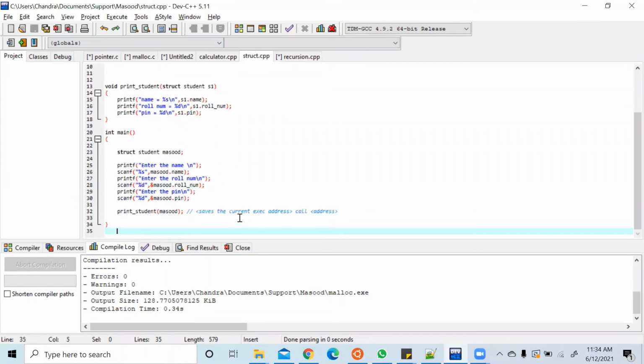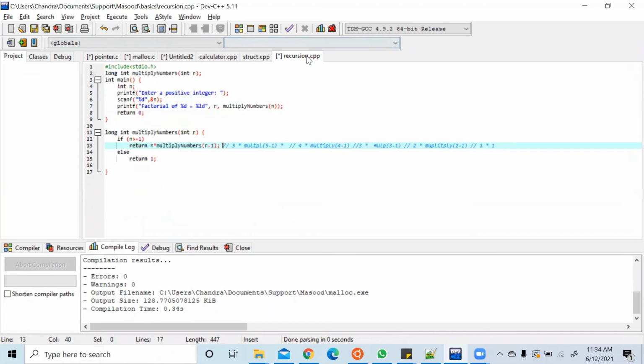When you call the function print student, it saves the current address and the local variables onto the stack, and it jumps to the new address. What is happening here is every time the same function is getting called again and again. So every time it has to save the current address and local variables on the stack, and again it gets called because it is calling itself multiple times until the end, right?